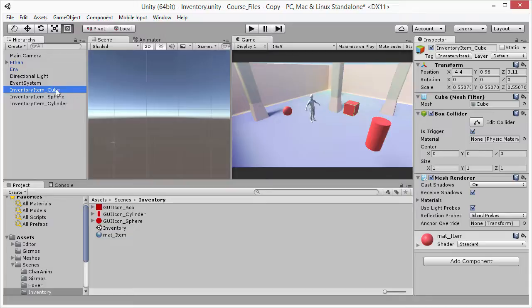But that is not terribly important. That is simply a naming convention. You will see that for each of these objects, they have collider components, and these colliders have been marked as triggers. That is so that the player can pass through them as opposed to react with them as though they were solid objects. So what I'm going to do now is go ahead and create the user interface part of